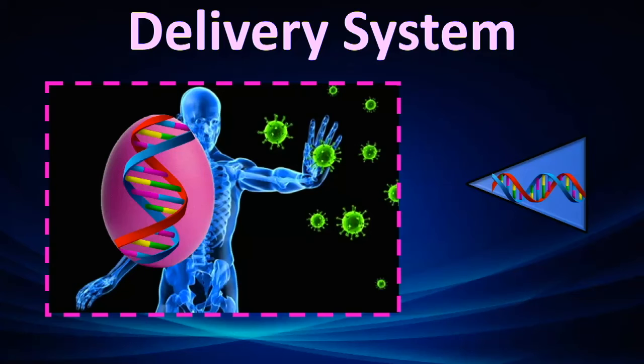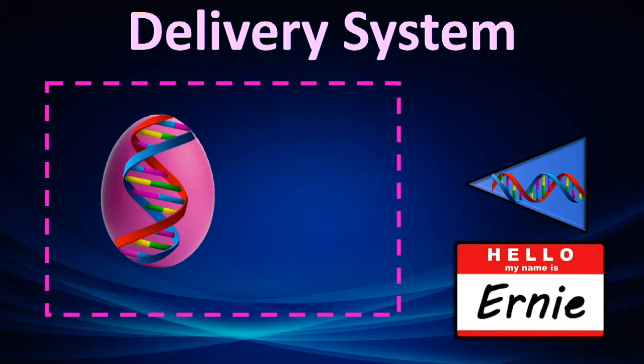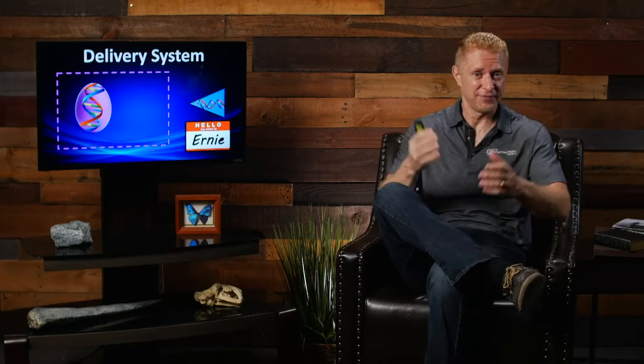Then we have something else going on here. We have the female's immune system. The way our immune systems work is our cells, in a sense, have tags on them where we recognize our own cells. But something foreign comes in and says, hey, that isn't us, let's destroy it. White blood cells come out and they work to get rid of these foreigners. Well, Mr. Blue comes along here, he's got a name tag that says, hey, my name is Ernie. And she says, hey, that ain't us, let's get rid of this guy. Well, if she actually went through with that, we wouldn't have fertilization, you wouldn't have a baby. Well, Mr. Ernie here actually carries something with him to suppress her local immune system. That just happened by accident the very first time.